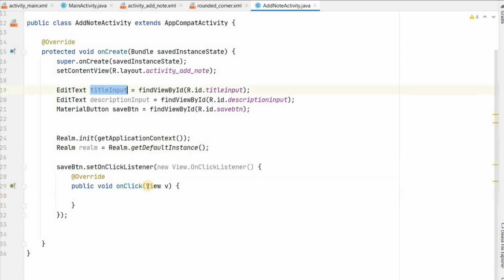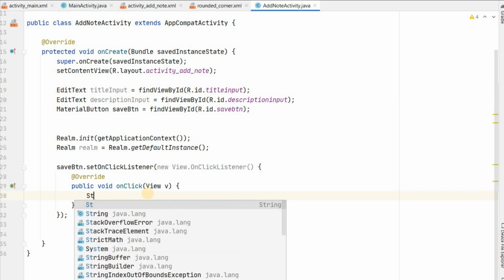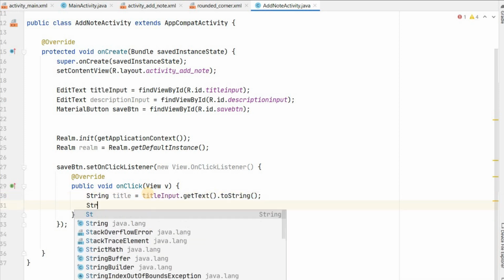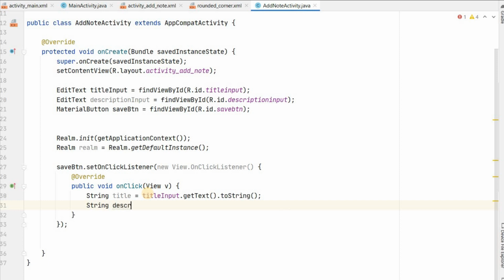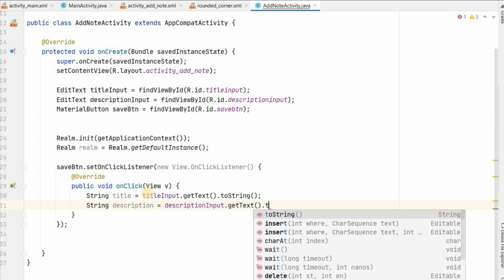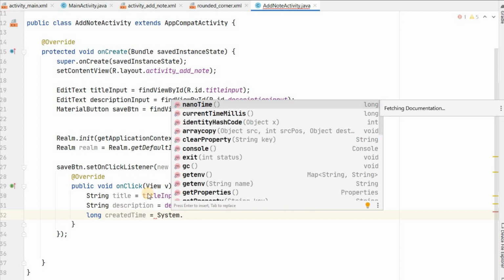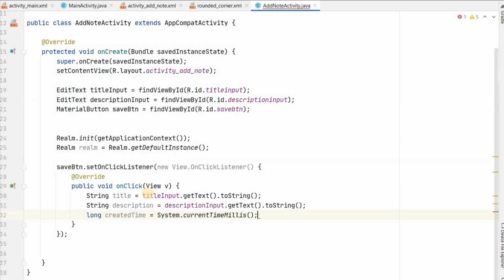First we will extract the value from title input, String title = titleInput.getText().toString(), and also description = descriptionInput.getText().toString(), and we will get the time also, created time, the exact time when the button is clicked. So System.currentTimeMillis, it will give the time in milliseconds.